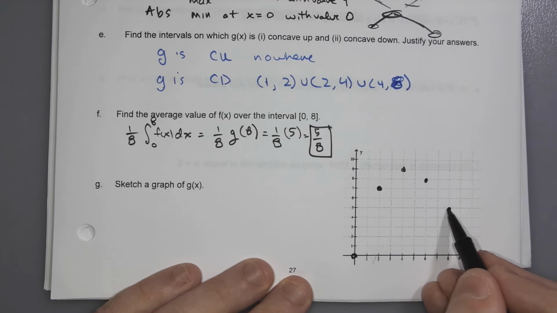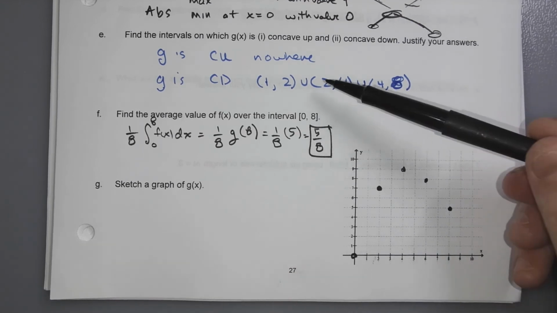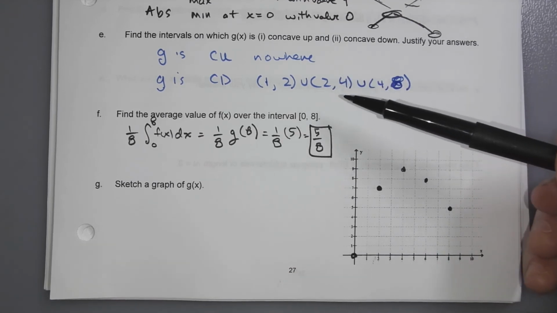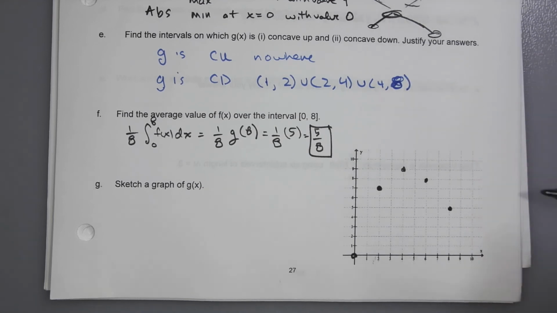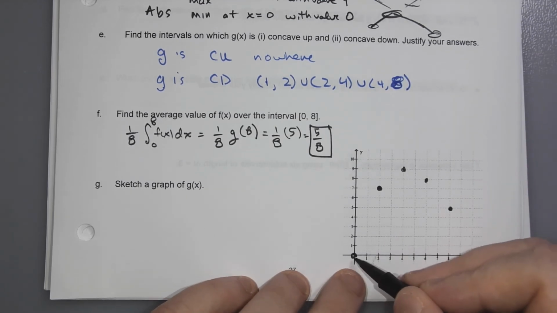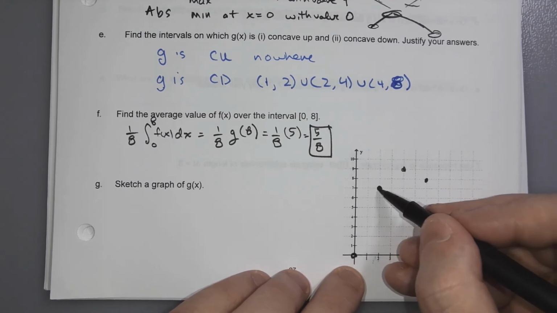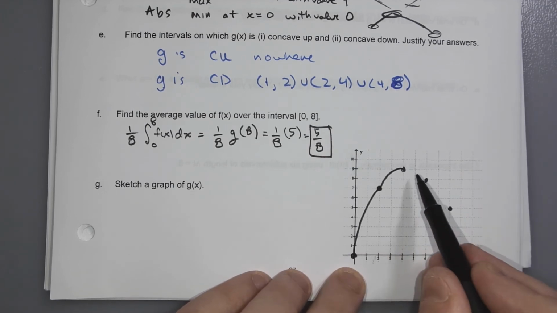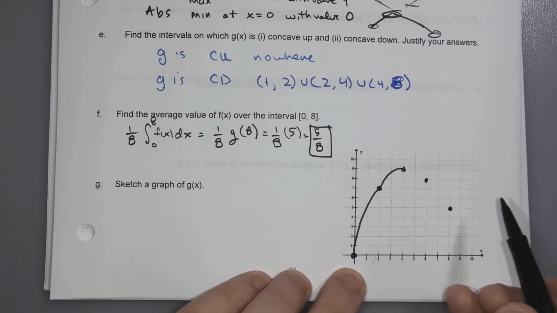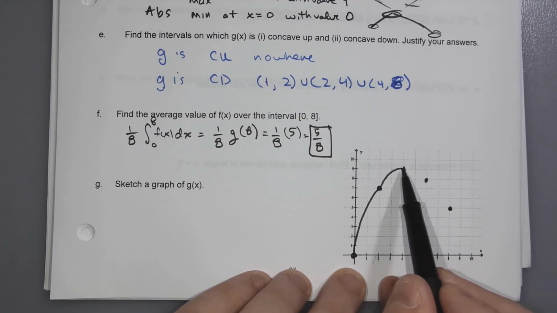Keep in mind that we're always concave down, and you can see that we're now increasing or decreasing on these particular intervals. So that means over here we must be increasing concave down, increasing concave down, decreasing concave down,